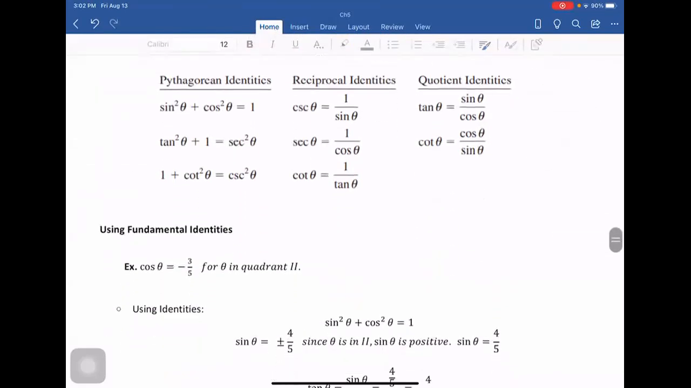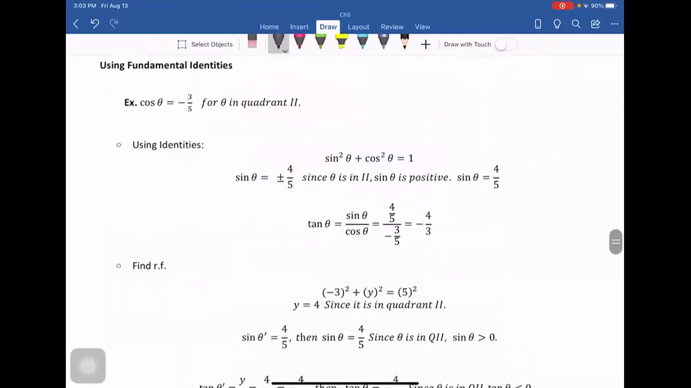Okay, let's move on. We have talked about this in previous lectures. So memorize these identities. These nine identities are very important. Using the identities to solve the problem. The first one, cosine theta equals